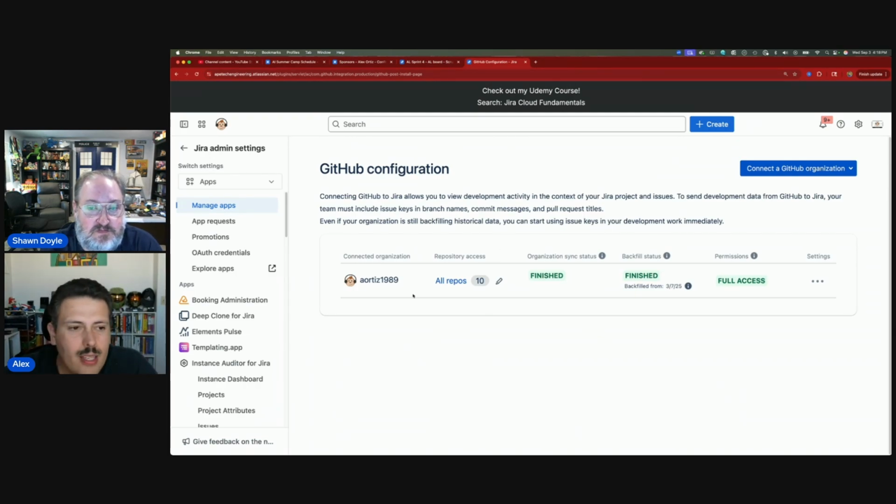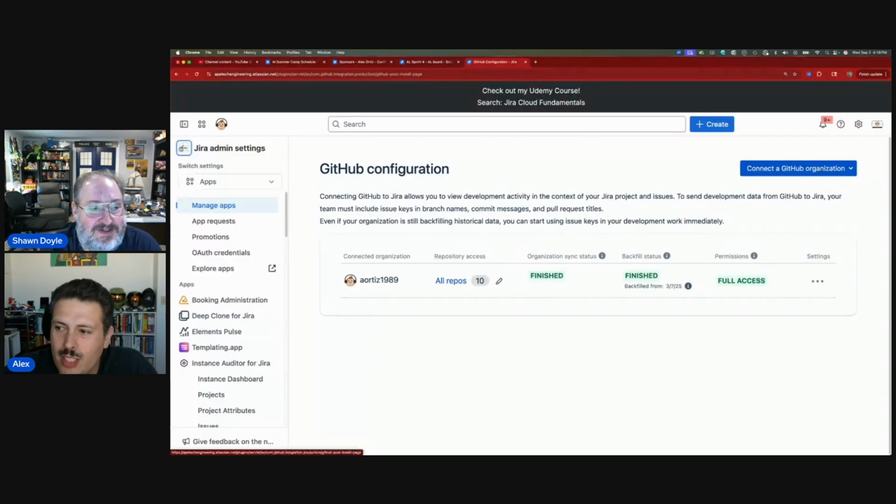Okay. So now this is where the fun begins, because once you have that done, you're kind of done there. It does take a minute though to sync, especially if you have large repositories. So maybe do it overnight or something, so it's ready for you to go in the morning. But then the instructions aren't very clear on what you do next. But essentially, what you do next